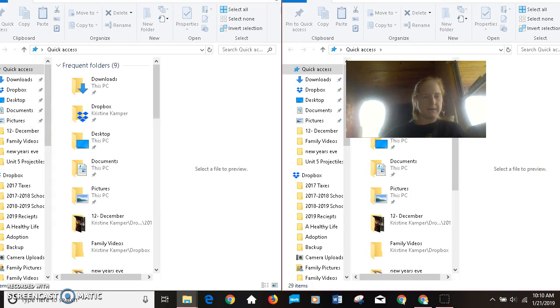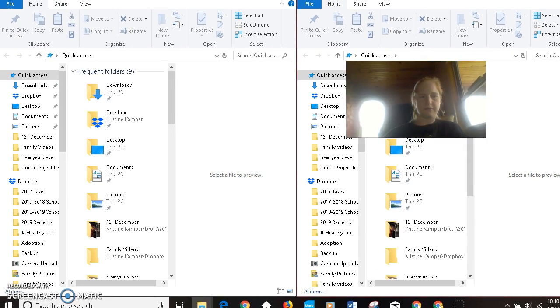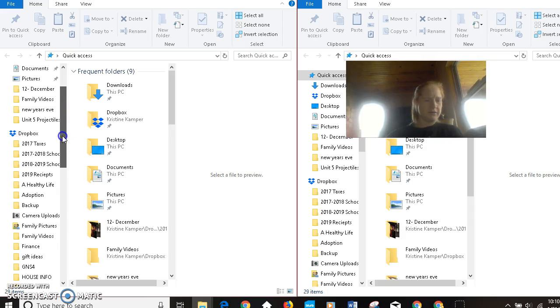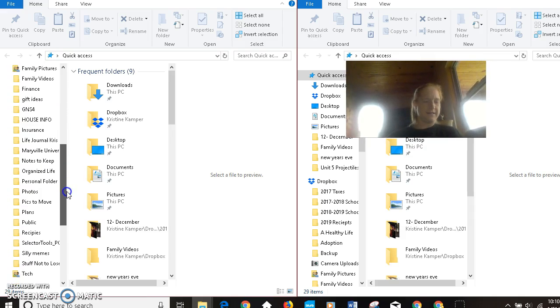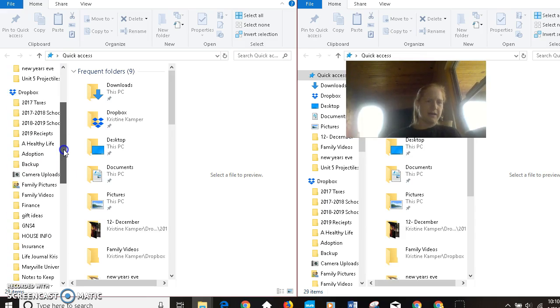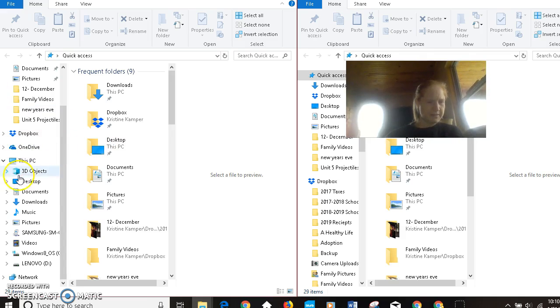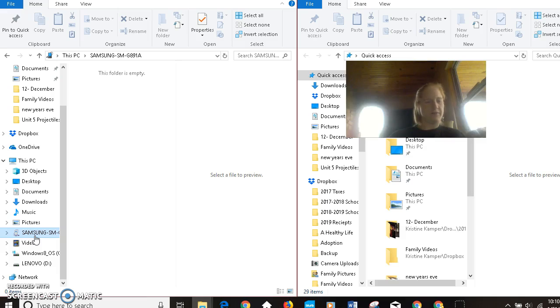Okay. Next, I'm going to look through kind of my options over here on the left-hand side. When I scroll down, I have a lot of files, some of these not so visible. But as I look down under This PC, I'm going to find something like the name of my phone. So I have a Samsung SM891A. But that's what you want to open, because that's going to give you,